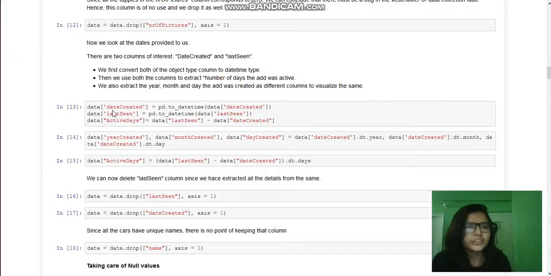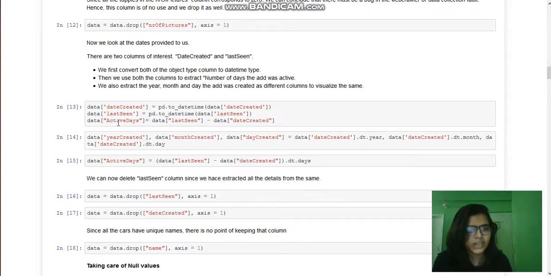So over here we are going to extract the date created, last seen, and active days. This line is going to convert the object type of the date created into date timestamp. Similarly for the last seen, and then we are extracting the active days by subtracting the date created from the last seen.